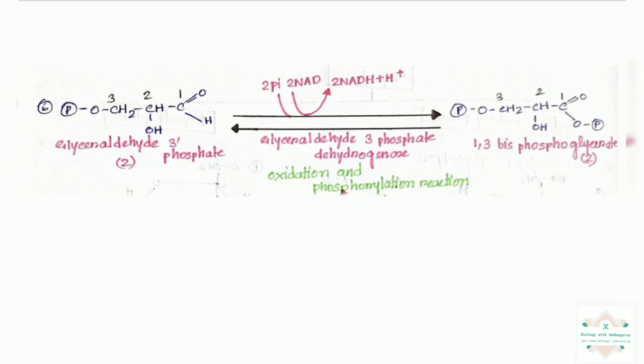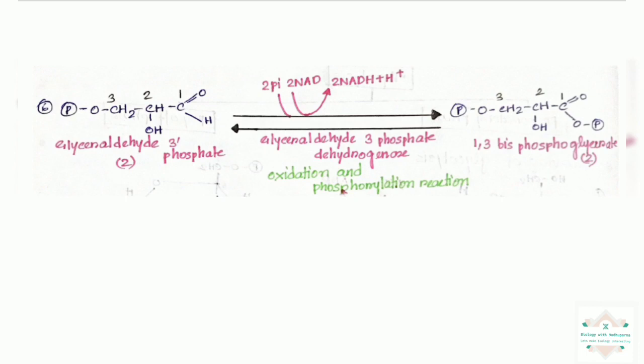The enzyme taking part in this reaction is glyceraldehyde 3-phosphate dehydrogenase. 2 Pi, the inorganic phosphate, comes into this reaction and is attached at the first carbon position, and 2 NAD take part in this reaction and are released back into the cytosol as 2 NADH